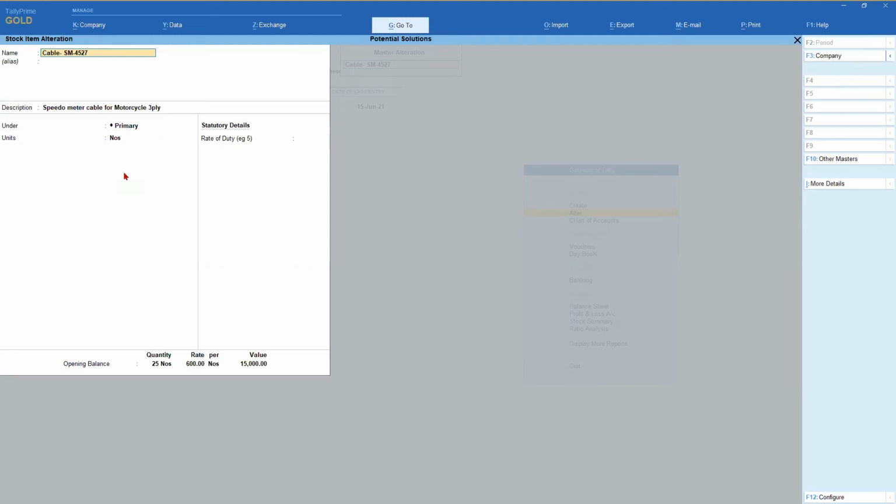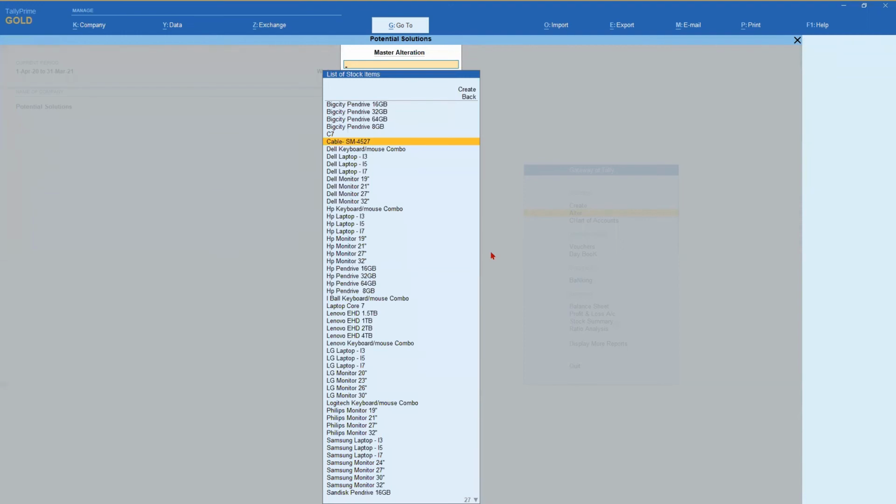But then for a customer, now it says cable SM4527. The customer will not know what cable is this. You come to the description, and then you can specify here what is the type of cable is this item. So in the description, if you notice, I have entered here speedometer cable for motorcycle 3-ply. Okay, so I have created this, entered.